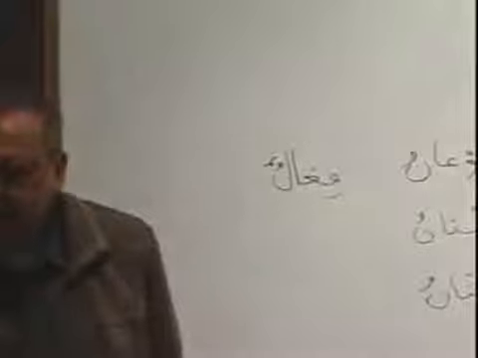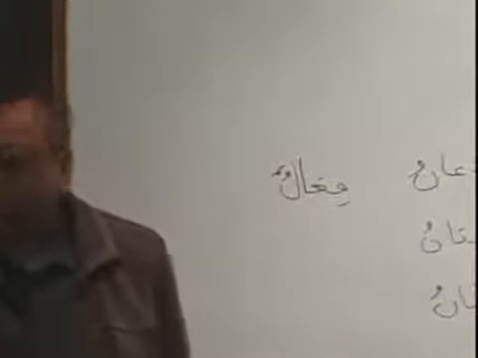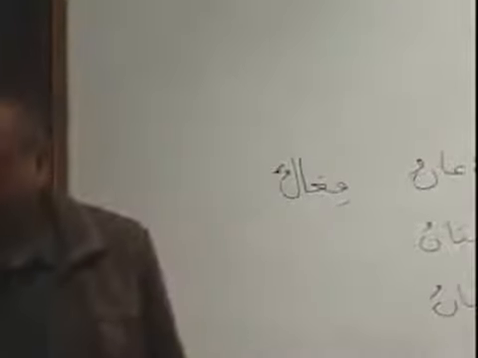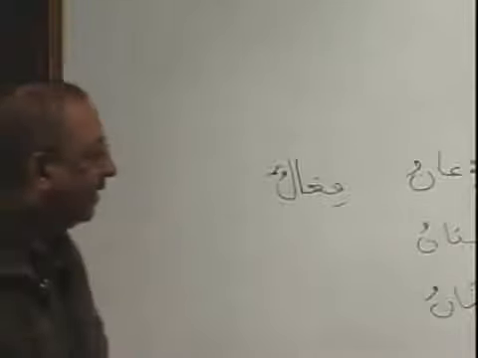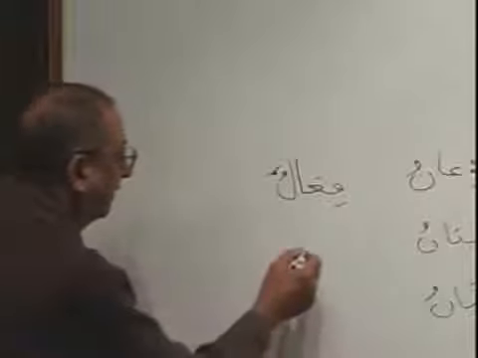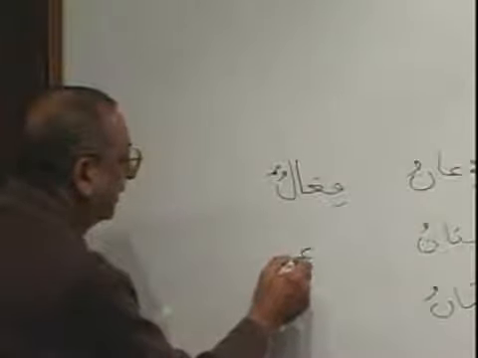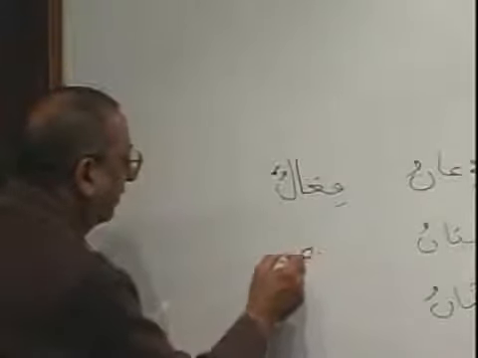Where is the root? Ain, Ta, and Sheen. So make it on the wazan of fi'alun: Itashun. It's easy. Got that? Okay. Now, if I say the muannas is on the pattern of